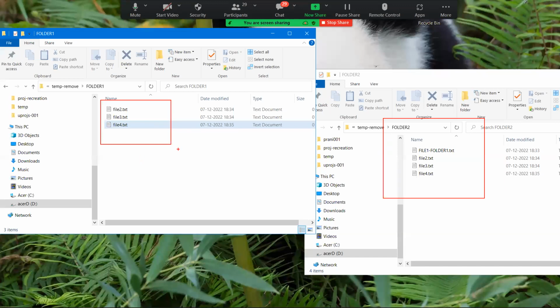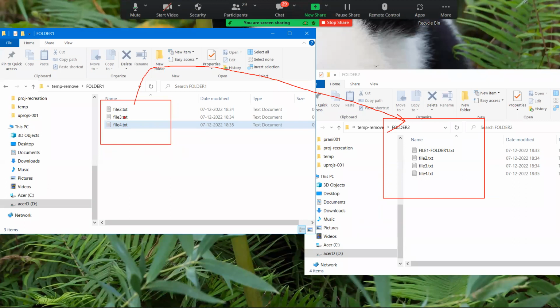I'm trying to use the word automation here. Can I automate this process of copying from folder 1 to folder 2 on my Windows laptop? There are possibilities, there are ways, but they're not really that good.